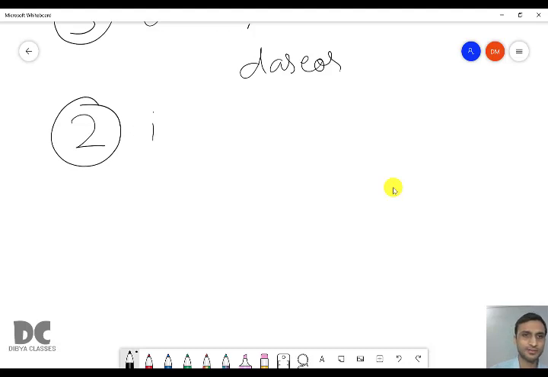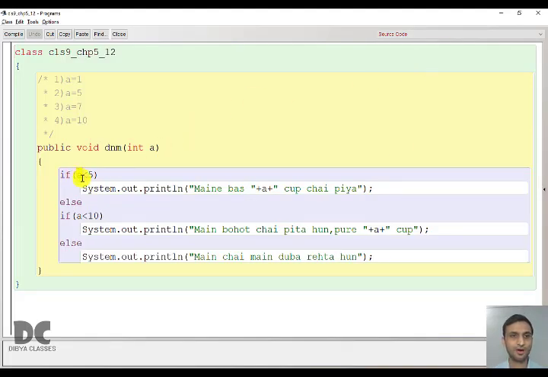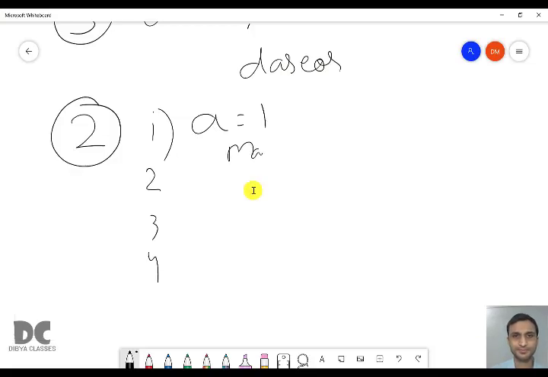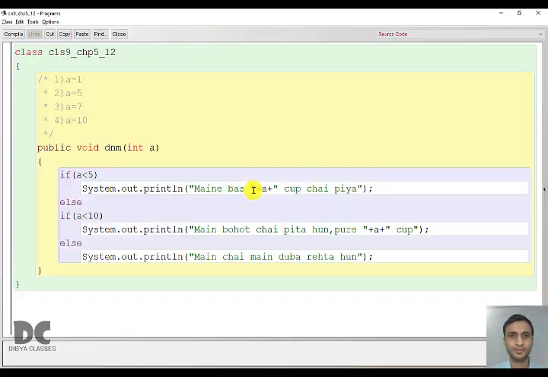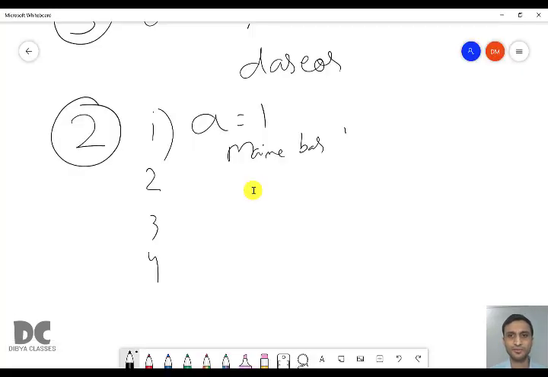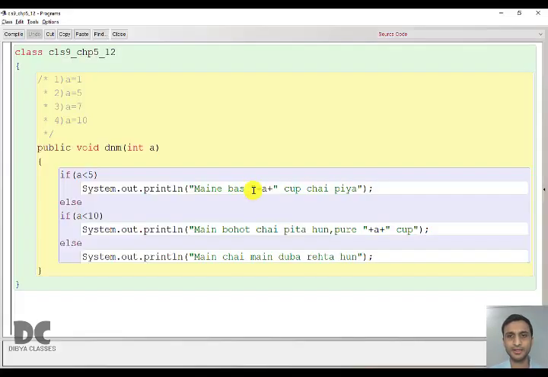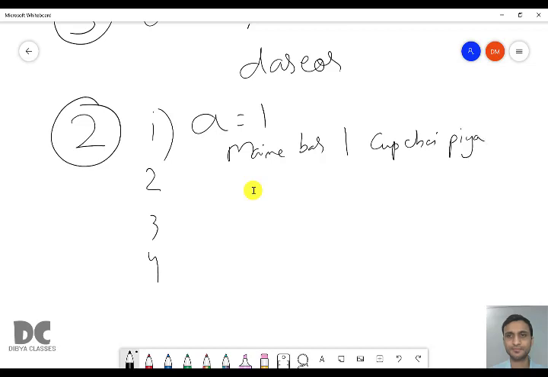We have 4 bits. Bit number 1, the value of A is 1. 1 less than 5, true. True means it will print मैंने बस space, the value of A, that is 1, कप चाय पिया. मैंने बस 1 कप चाय पिया.